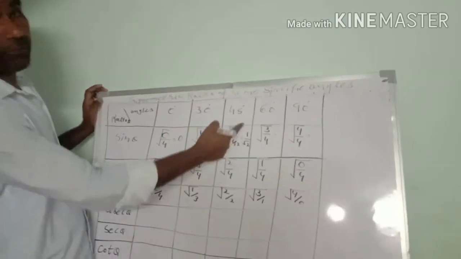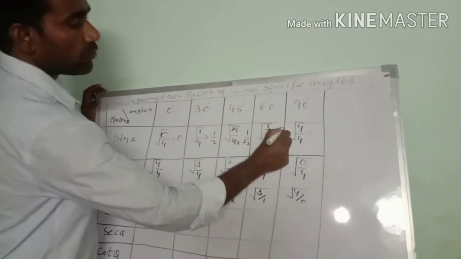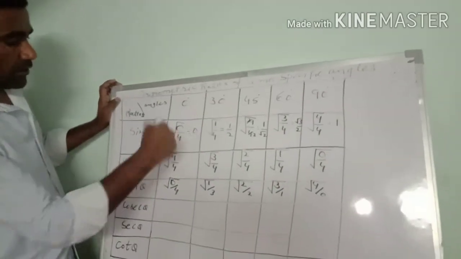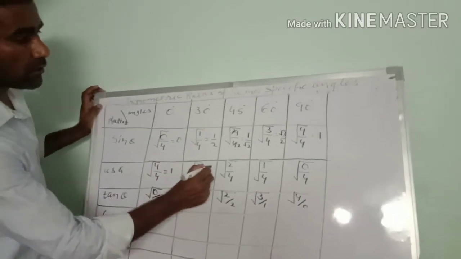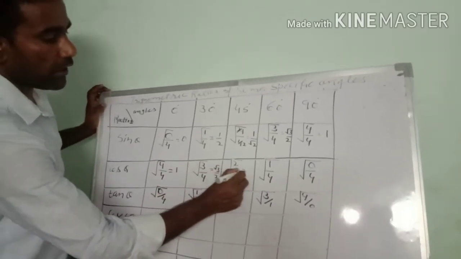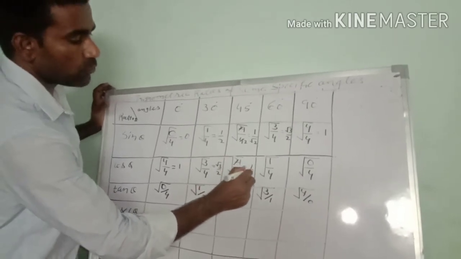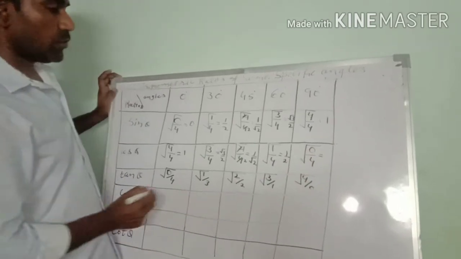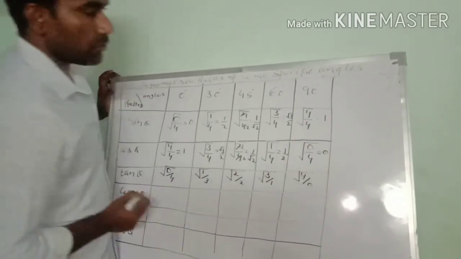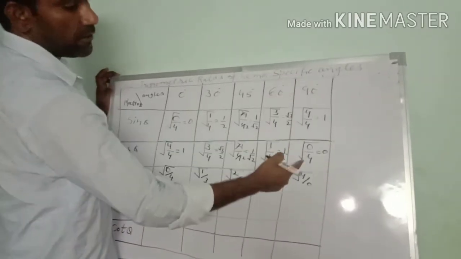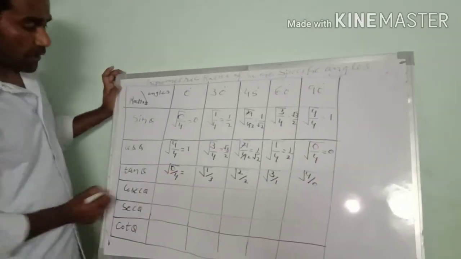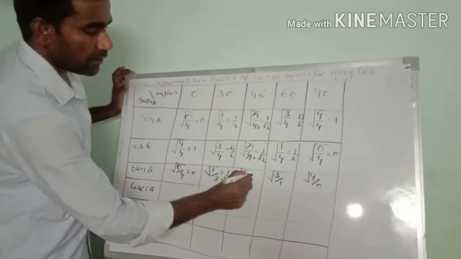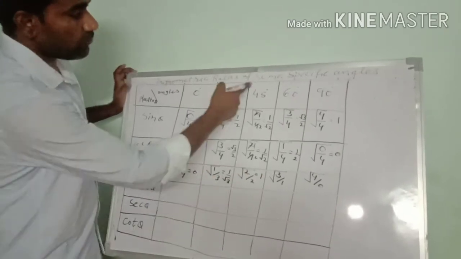sin 45 की वैल्यू जो होगी 1/√2 हो गई, and then √3/2 and here 1. Then the converse of this, it means 1, √3/2 and cancel by 2, it means 1/√2 and here 1/2 and 0/4 it means value of 0. It means cos 90 is 0 and 0/4 here again 0, 1/√3 and here 1. It means tan 45 is always 1,